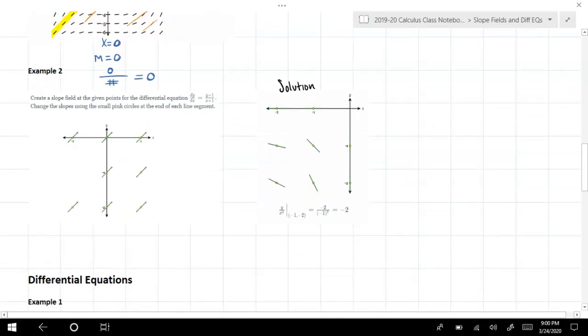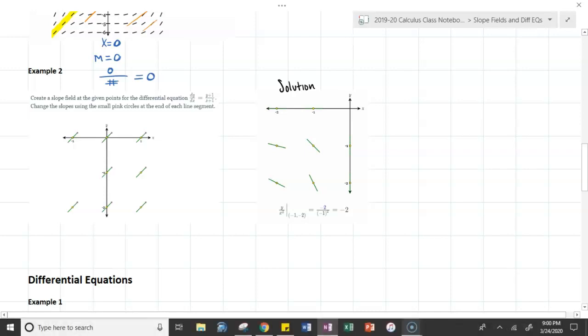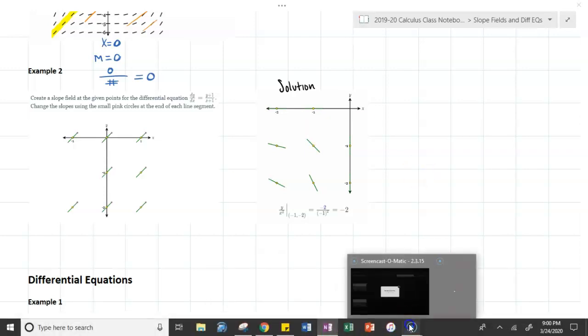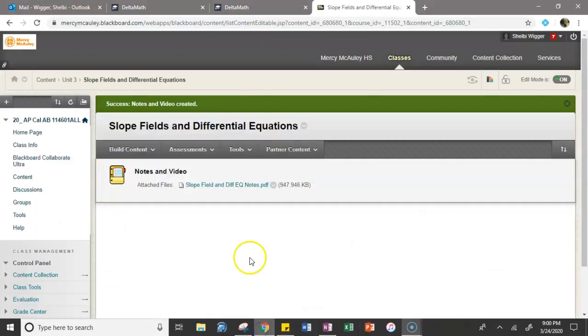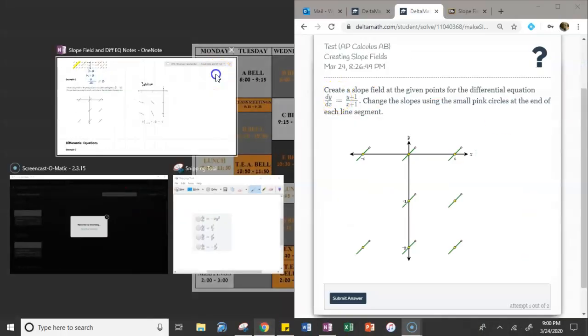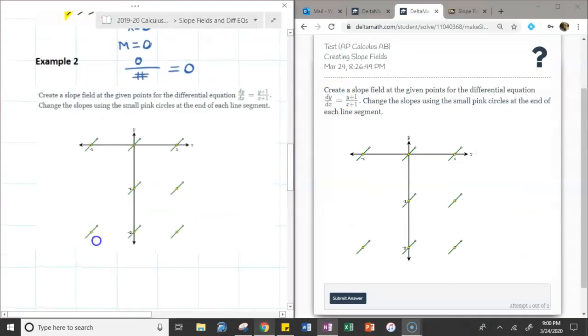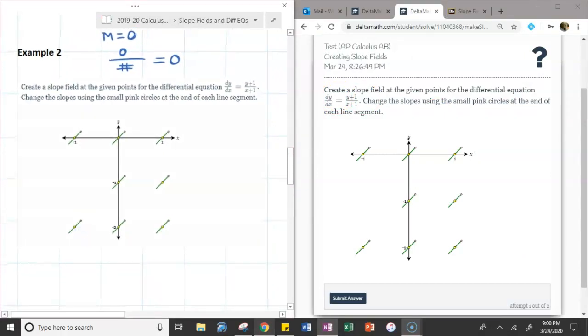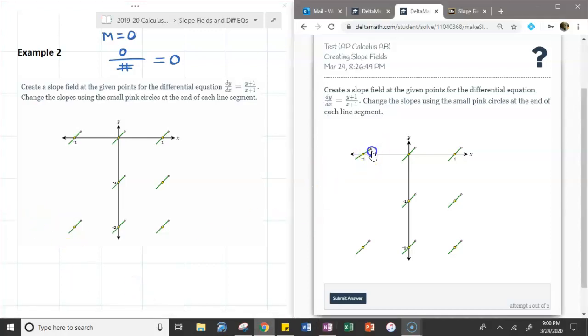Looking at example 2 for slope field. So when you do this on Delta Math, I only assigned 1, not many. So it says create the slope field at the given points for the differential equation. y plus 1 over x plus 1, change the slope using the small pink circles at the end of each line segment. So we can move and change the slopes